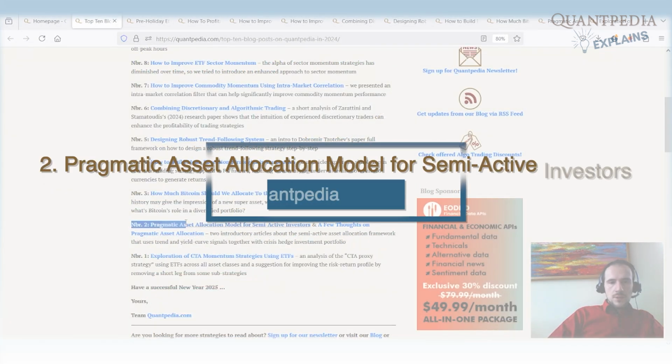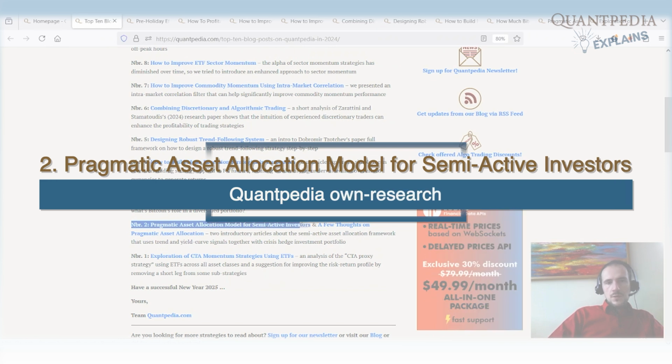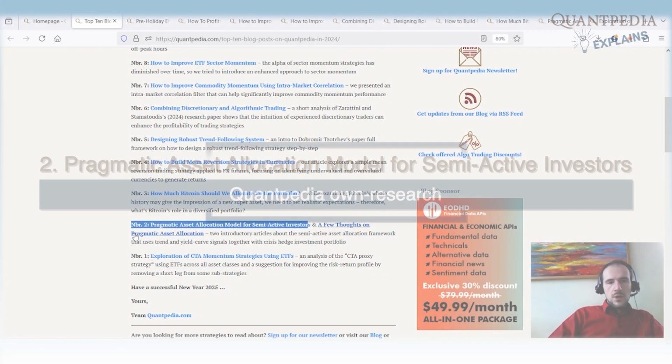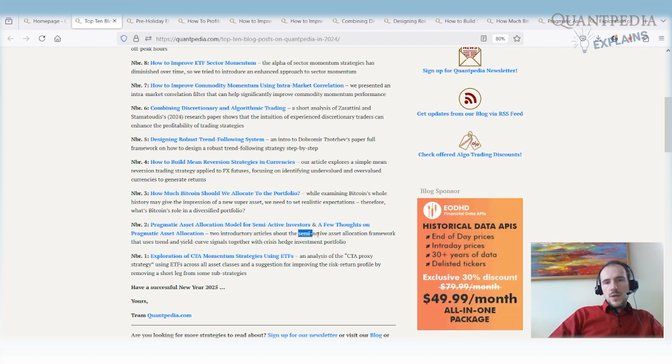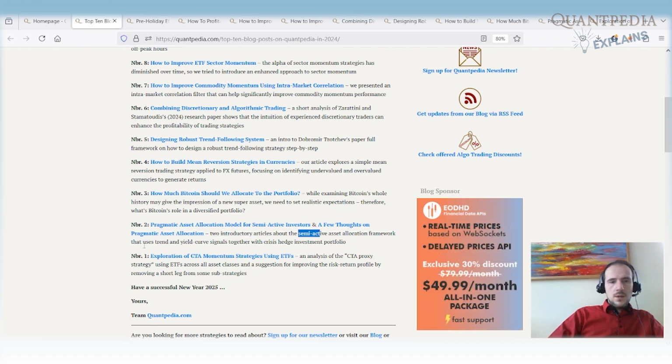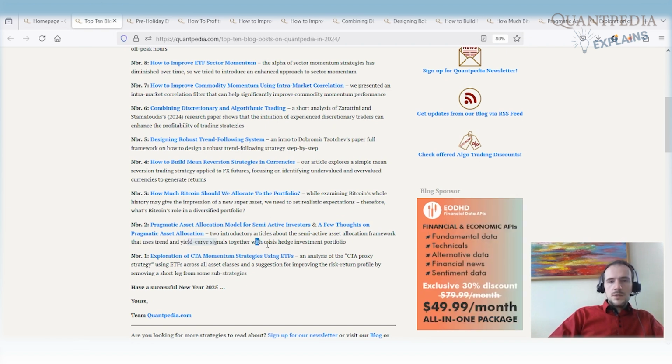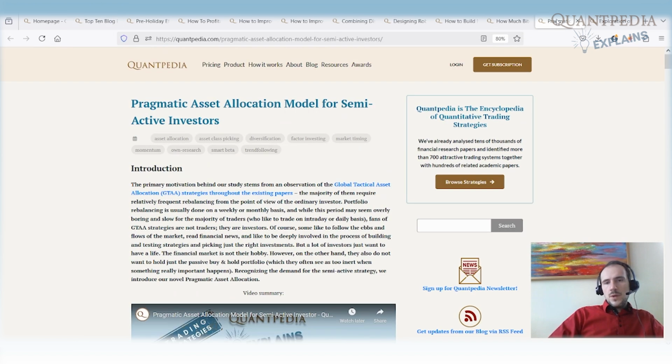Number 2, the pragmatic asset allocation model for semi-active investors, and few thoughts on the pragmatic asset allocation. Those are 2 introductory articles about our semi-active asset allocation framework that uses trend and yield curve signals together with the crisis hedge investment portfolio. That's our framework, that's our article, and it will show you how to build the coherent framework for asset